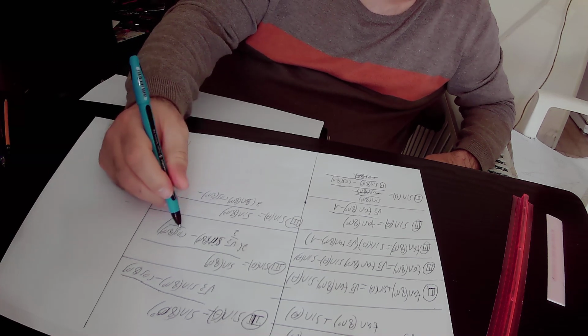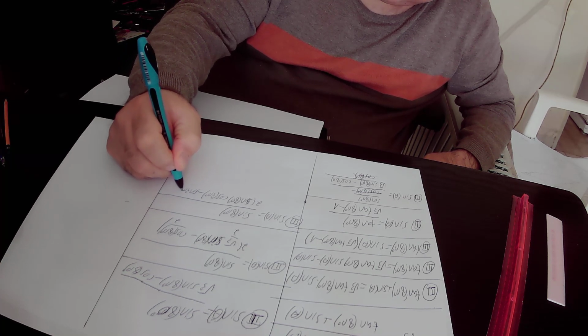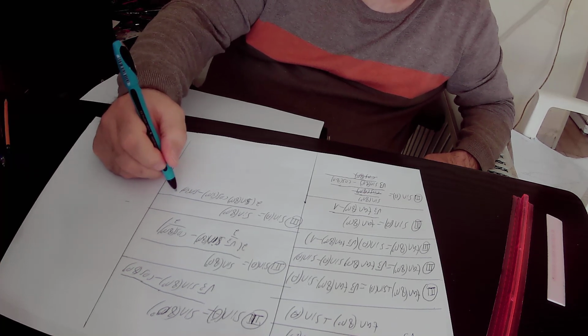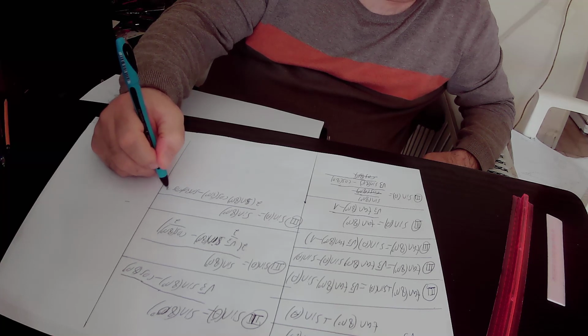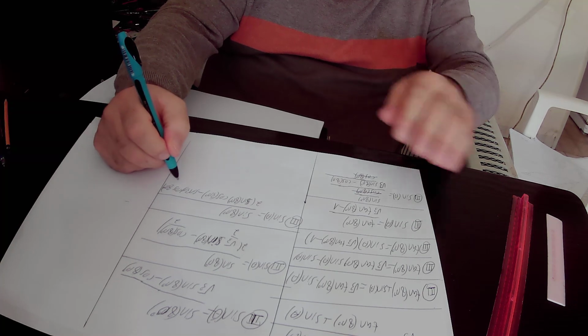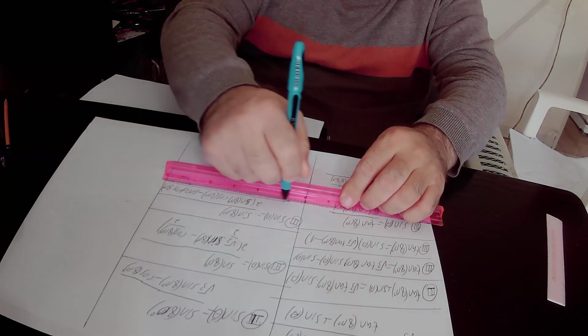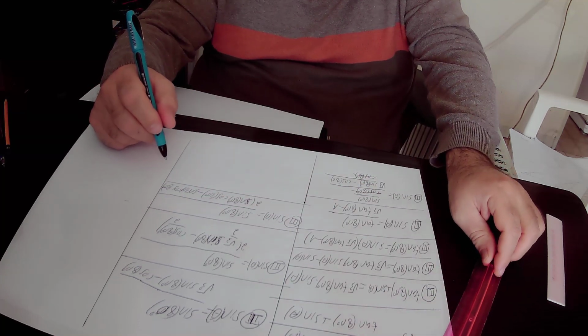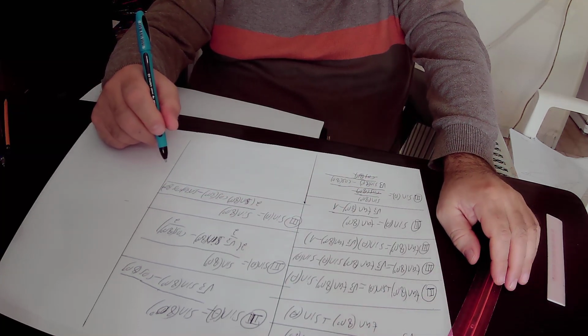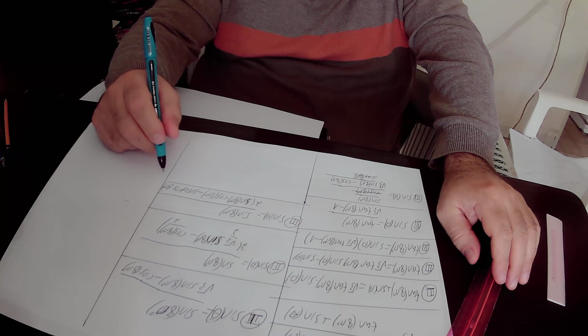Here we substitute 1 over 2 by sine 30 degrees times cosine 80 degrees. Actually, the expression in the denominator, sine 80 degrees times cosine 30 degrees minus sine 30 degrees cosine 80 degrees,